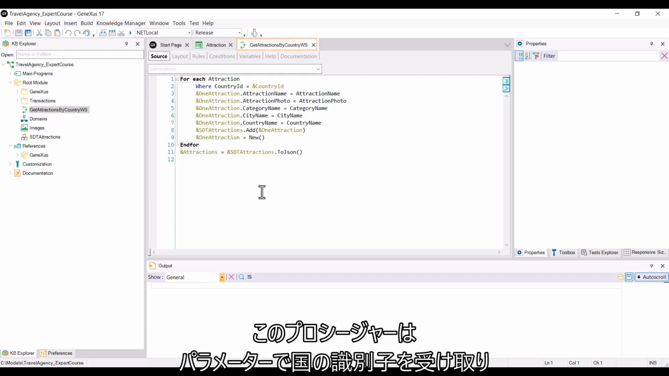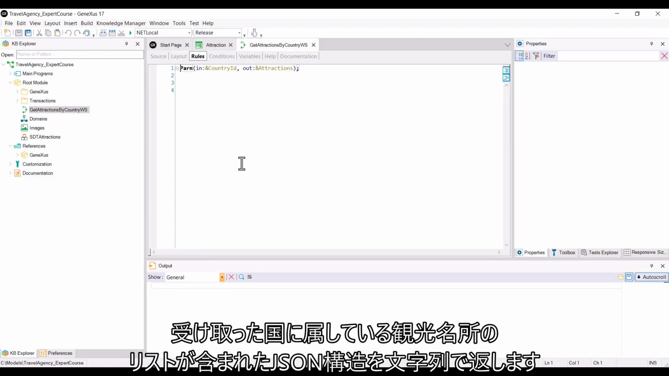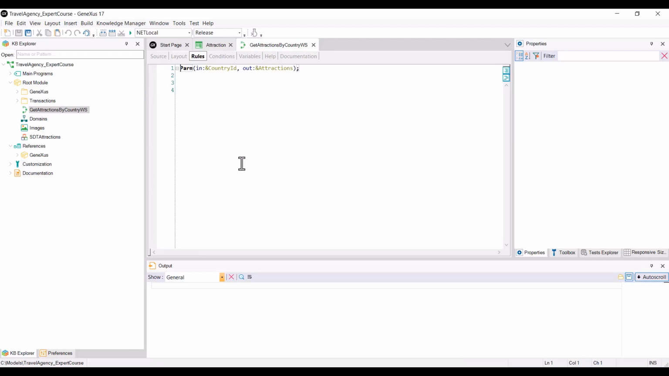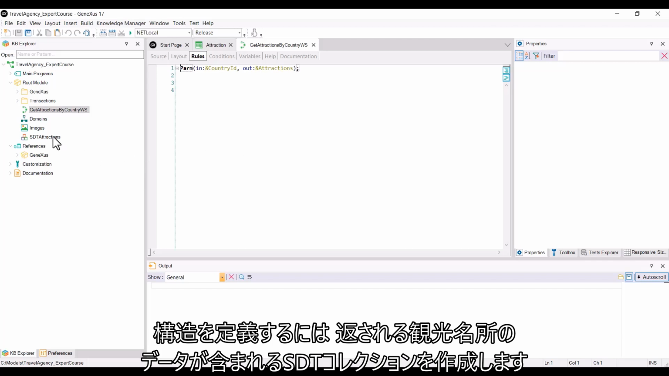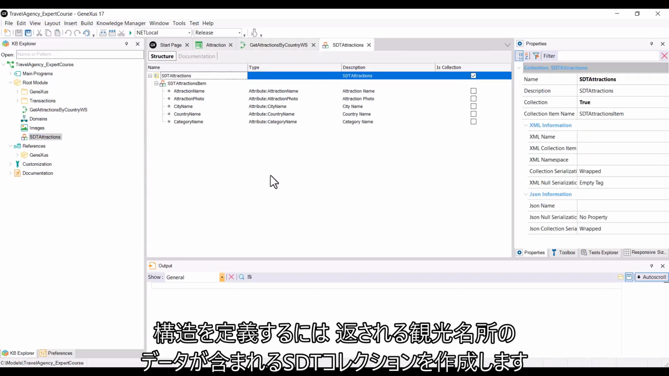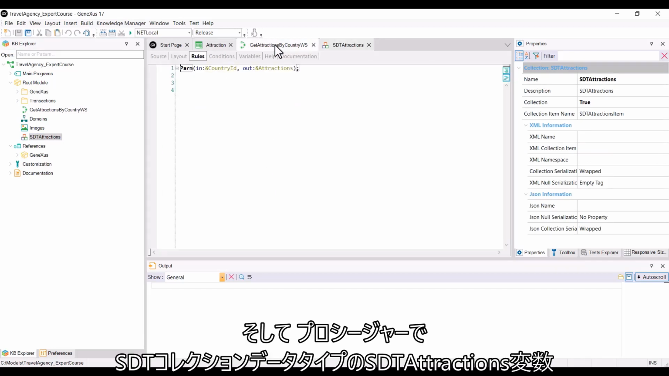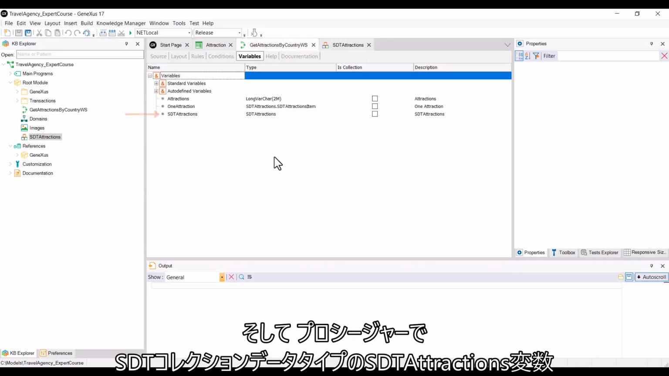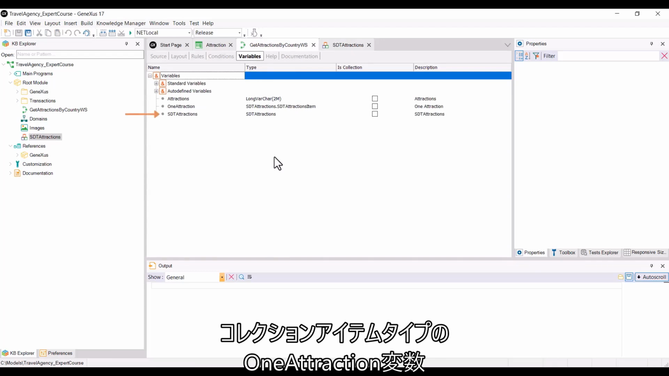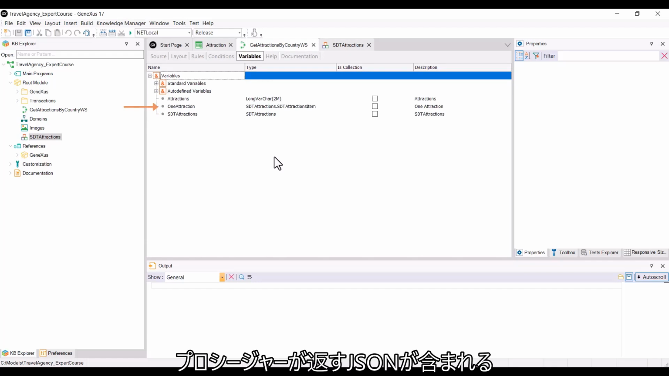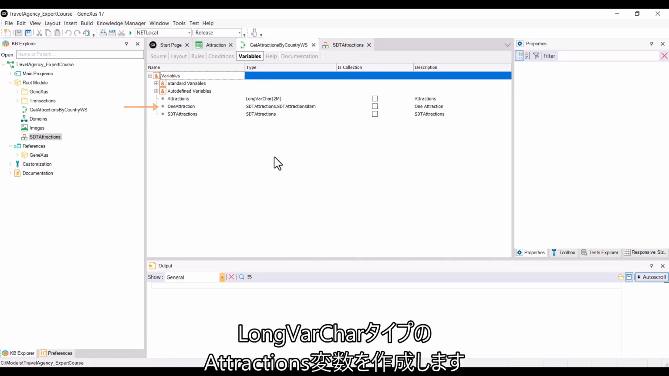The procedure receives the country identifier by parameter and returns in a string a JSON structure with the list of attractions that belong to the received country. To define the structure, we create an SDT collection with the data of the attractions we want to return, and in the procedure, we create an SDT attractions variable of the SDT collection data type, a one attraction variable of the collection item type, and an attractions variable of the long varchar type that will contain the JSON that the